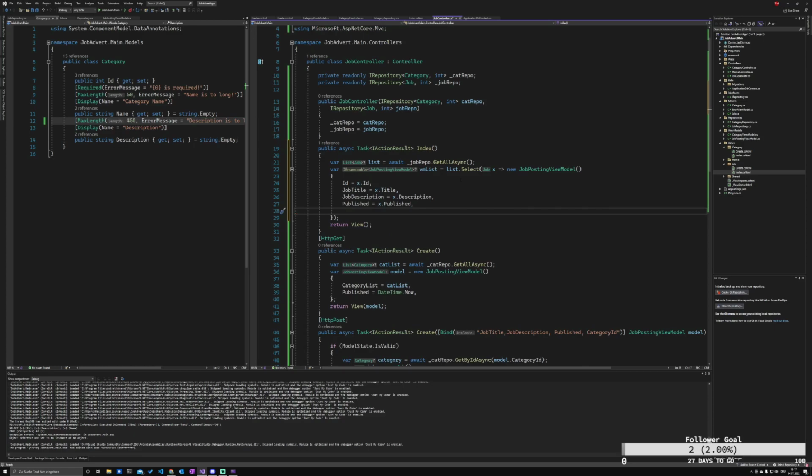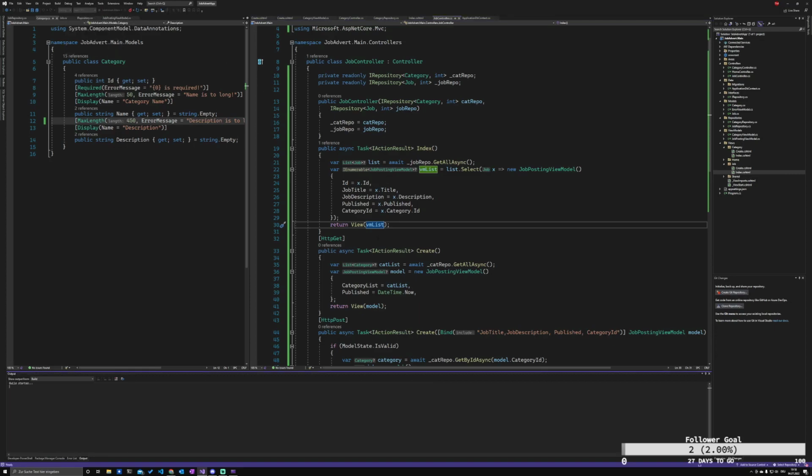And now we also have the category. Let's see what it says here, category ID equals, and now because in the job repository we already added category, we can just say the ID over here. You see that? And then it's displaying the right ID. And we take this VM list and we pass it to the view, save it, and now